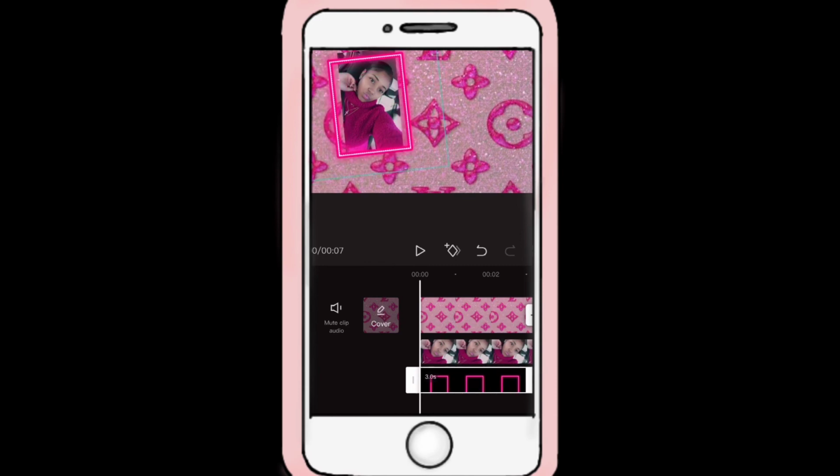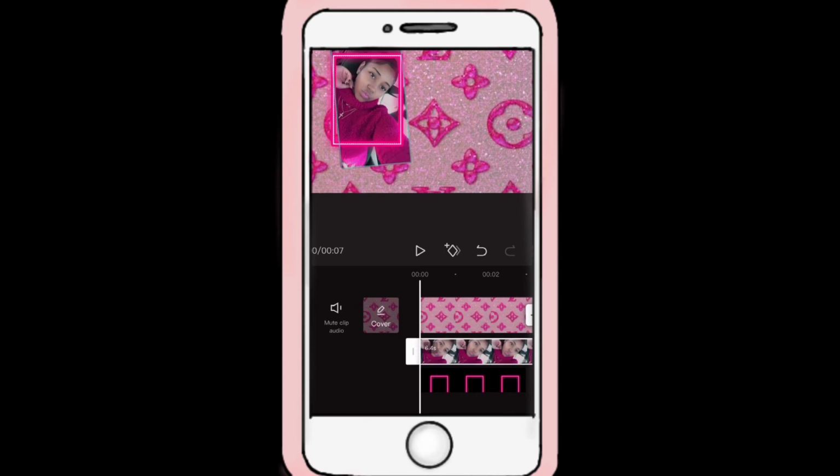You don't click the plus sign. If you click the plus sign, that's for adding another video clip. But if you want something added on to the video clip that you already have, you click overlay. So whichever portion you're editing, say for instance you're editing the picture frame, you click on the picture frame where you